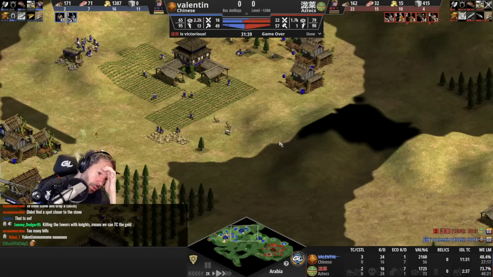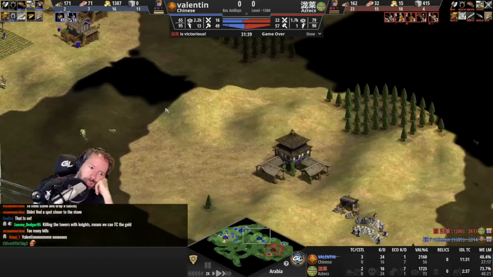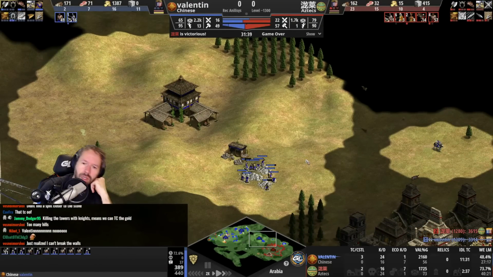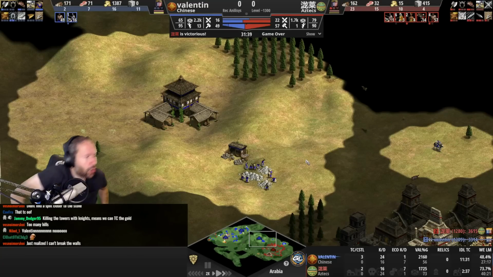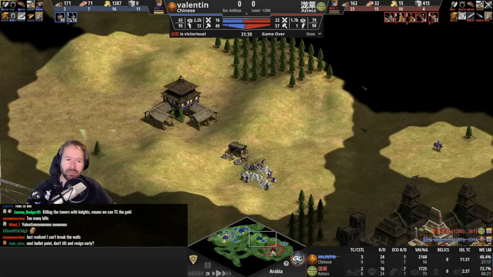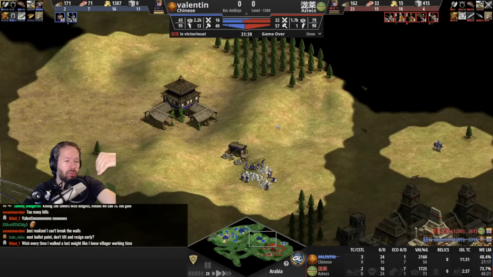What was the reasoning behind too many hills? To mine stone and drop a castle? Just realized I can't break the walls. Okay, well, that doesn't end the game, right? If opponents realized, wow, I can't break the walls and then resign, MBL would have a 100% win rate